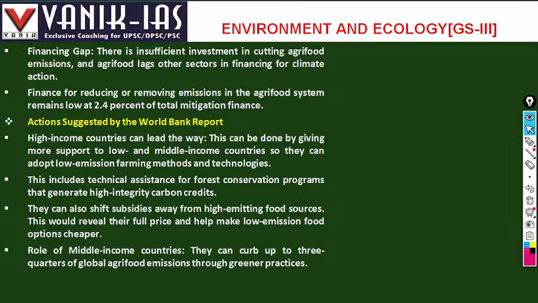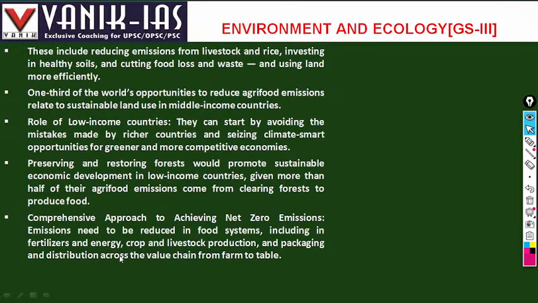Role of middle income countries: they can curb up to three-quarters of the global agri-food emissions through greener practices. This includes reducing emissions from livestock and rice, investing in healthy soils, cutting food loss and waste, and using land more efficiently. One-third of the world's opportunity to reduce agri-food emissions relates to sustainable land use in middle income